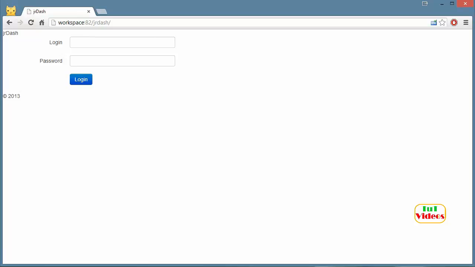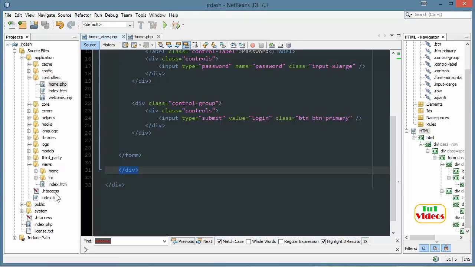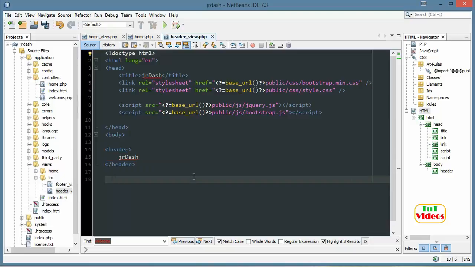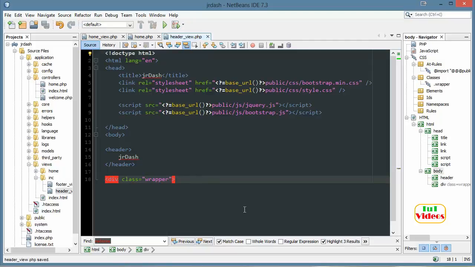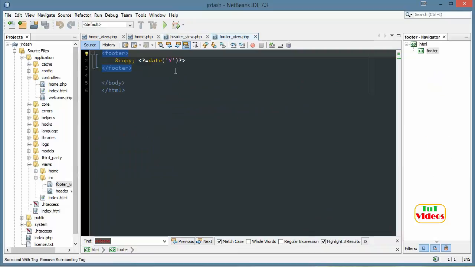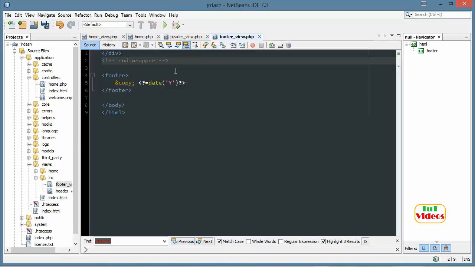What I'm going to do is create a wrapper. So in my inc header, I'm going to say div class equals wrapper. Okay. And in the footer we need to end this div, so sometimes it helps to make a comment like this, start wrapper, and since we're closing it in another file, we'll say end wrapper. Okay. Now the footer and the header I'm not going to worry about just yet. We'll polish those up,